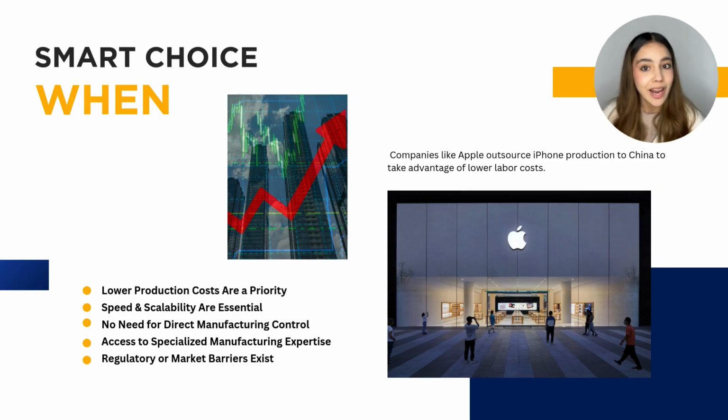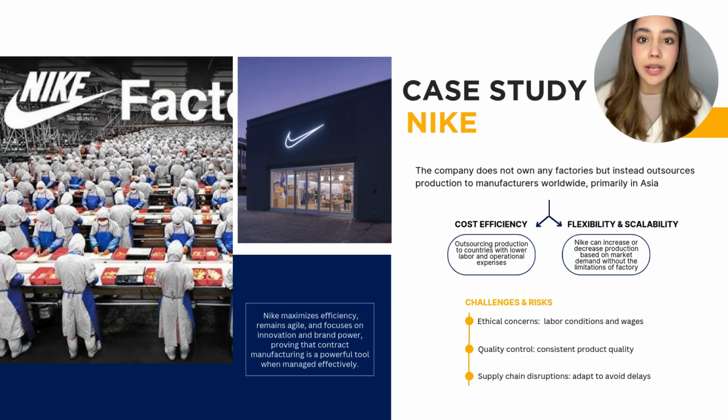or manage foreign subsidiaries. As you know, Nike is the most recognizable brand in the world, yet it doesn't own a single factory. Instead of investing in its own production facilities, Nike uses contract manufacturing to produce its footwear and apparel. This strategy allows the company to focus on what it does best: design, branding, and marketing, while outsourcing manufacturing to specialized partners. By partnering with manufacturers in countries like China, Vietnam, and Indonesia, Nike benefits from lower production costs, skilled labor, and scalability. This enables the company to quickly adjust production levels based on market demand, keeping operations lean and